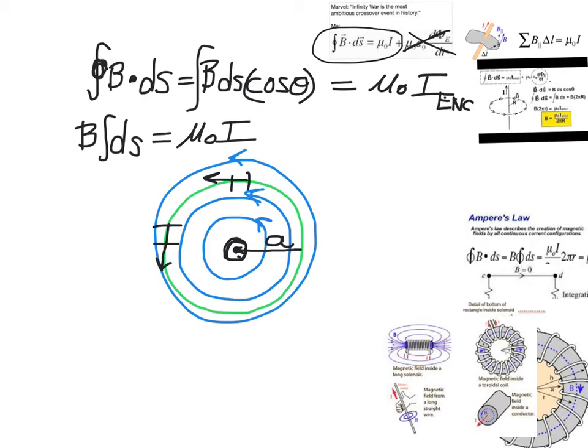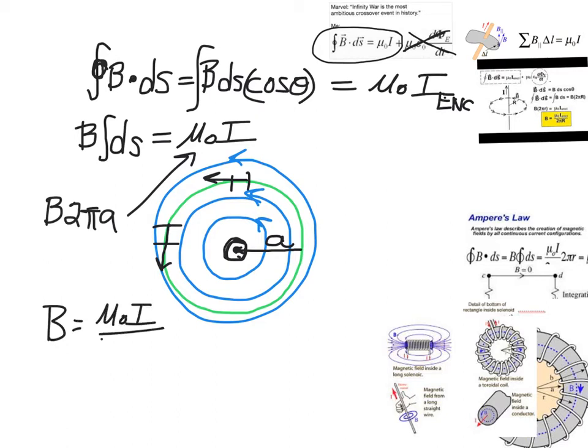And so the ds, if we integrate every piece along this loop, what do we get? We add up all those ds's, we're going to get the circumference of the loop. So what we have is B times the integral of all the ds's, the circumference of the loop, 2 pi a, and that's equal to mu naught I. And so when I do the algebra, I get B equals mu naught I in the wire over 2 pi